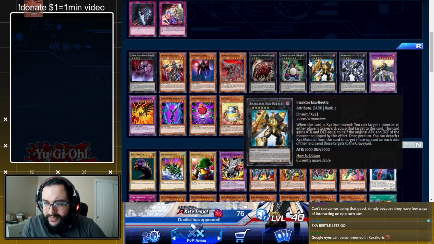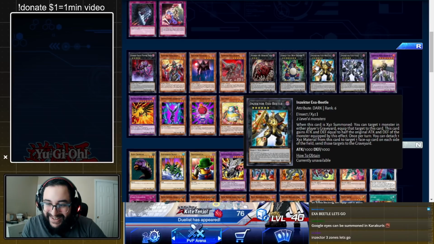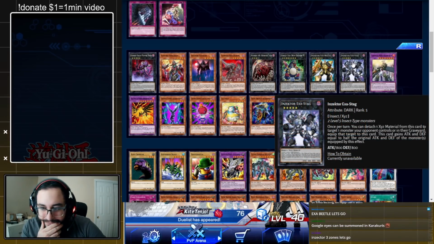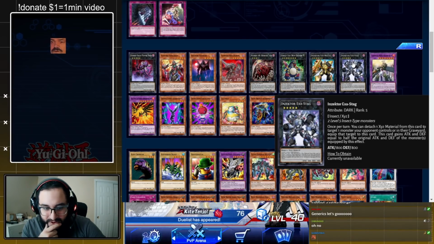Insector Exastag. Once per turn. What was this, by the way? This is 2 Level 6 monsters. Oh, shoot. What? Just 2 Level 6s? Oh, hold on now. Okay. Alright. Insector Exastag. Once per turn, you can detach 1 Exceed material from this card